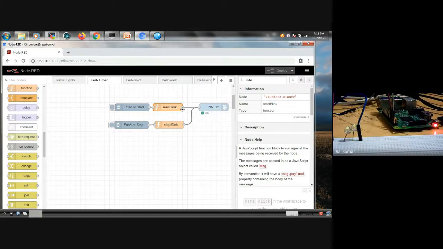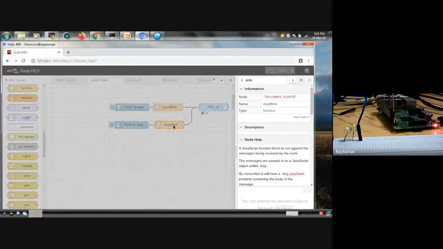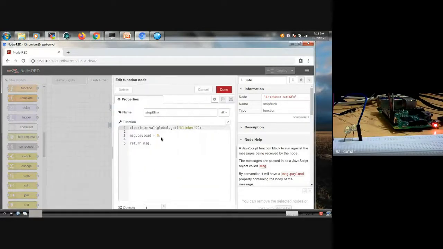When you click on the push to stop button, that is the second inject button, it will automatically stop. It will send that message to the stop blink. What stop blink will do is just stop executing that message payload. Entire message payload will be 0. Here we are calling clearInterval.